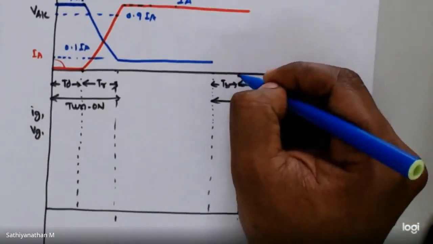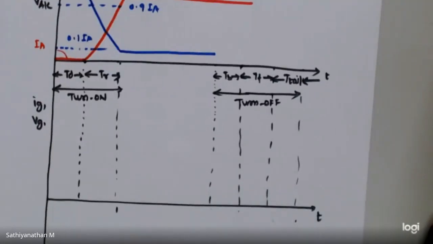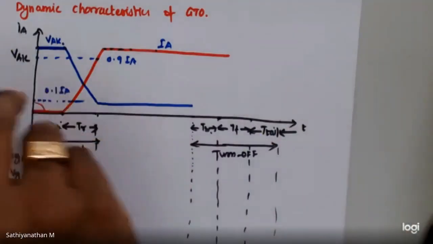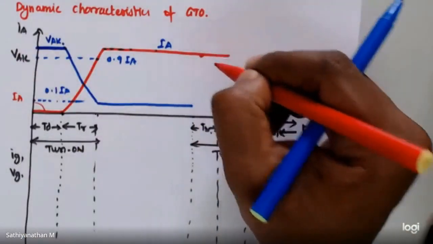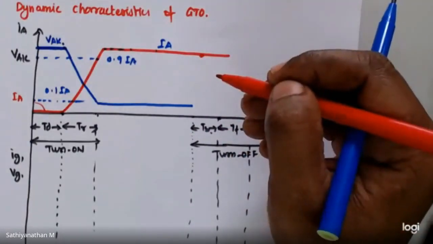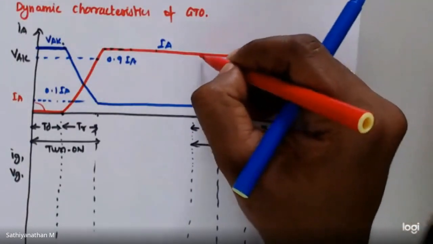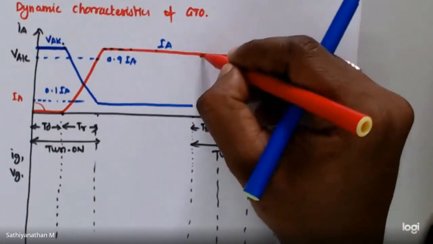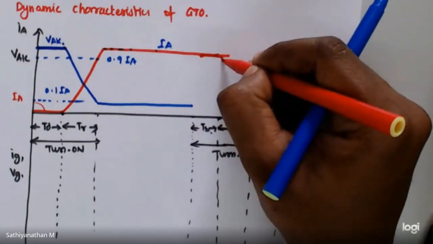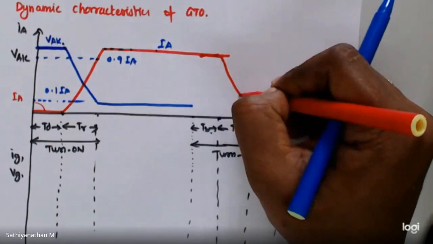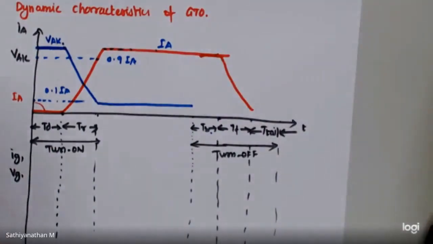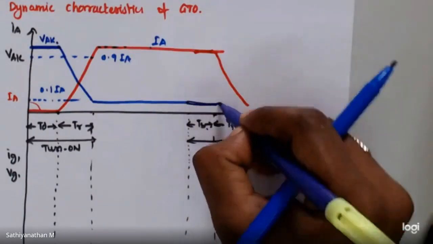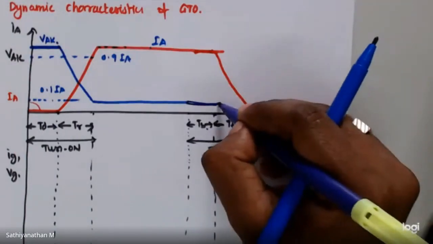So during the turn off time period, the first one is storage time. During the storage time, you are applying a negative gate pulse to turn off the device. So your device will gain the charges during this interval, and after this it reduces to 0 or minimum. During this storage time there is no change in the current magnitude, and after TS it tries to